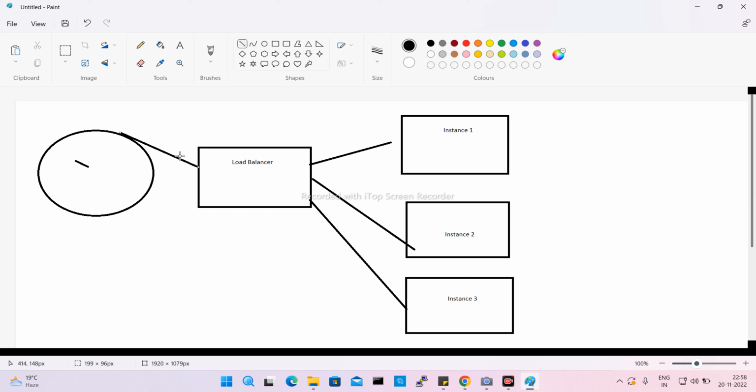I hope those who watch this video for this practical are already aware of what a load balancer does. A load balancer basically divides the traffic. Whenever traffic comes to our load balancer, it divides it. Let's suppose I have